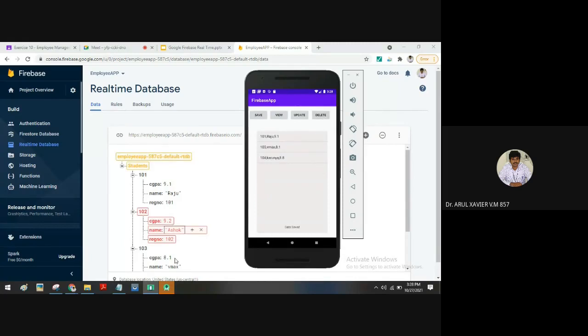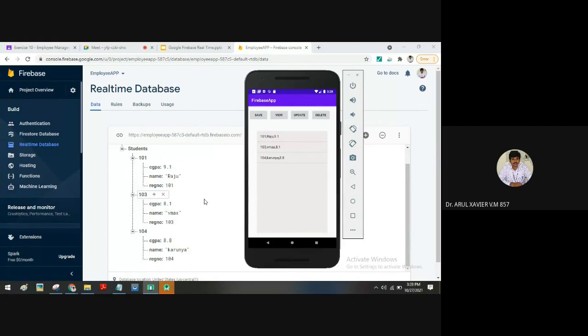See now 102, you got red color highlighting. Did you see that? Have you seen that? 102 red color highlighted and it will be removed. And in this list view also, the 102 record is not available now.